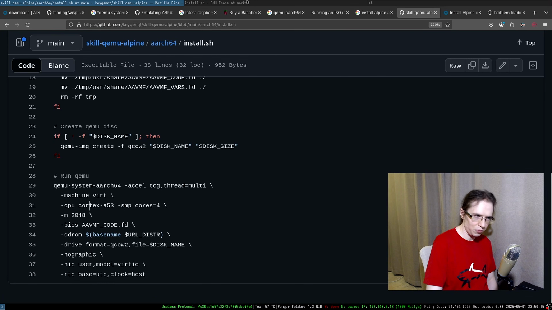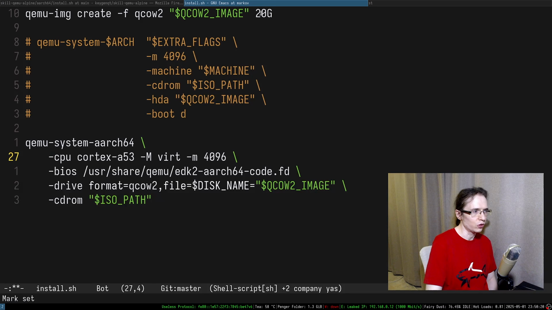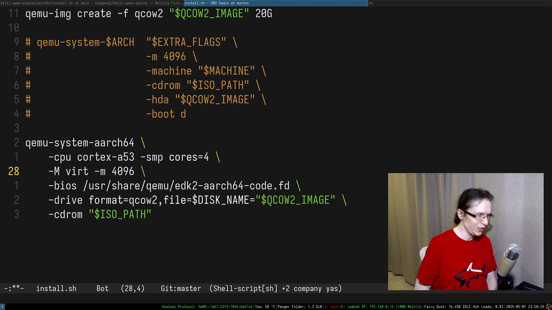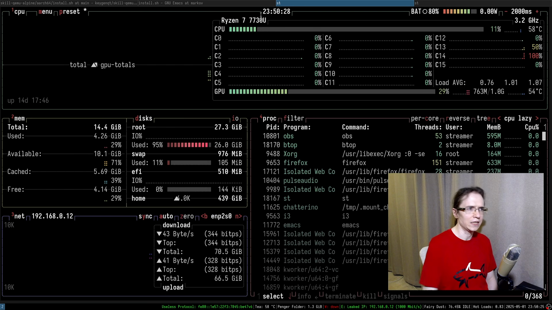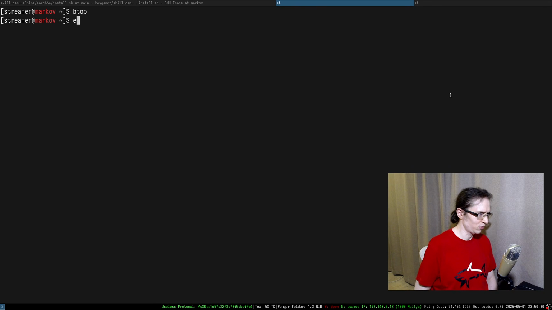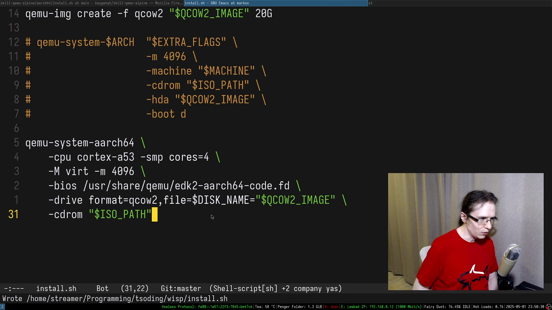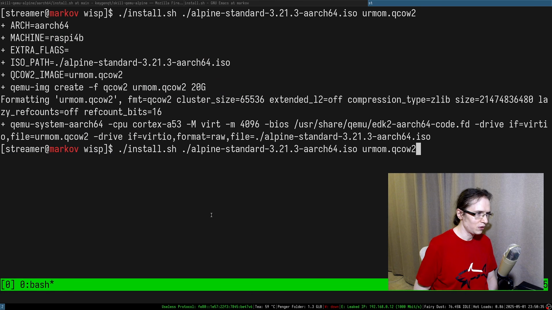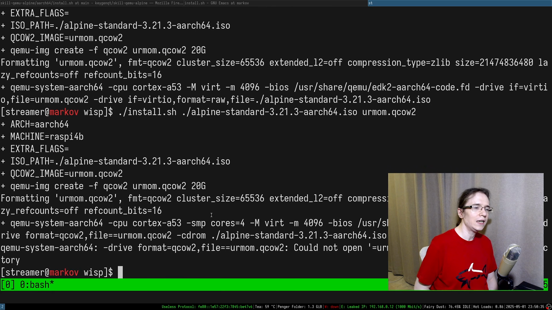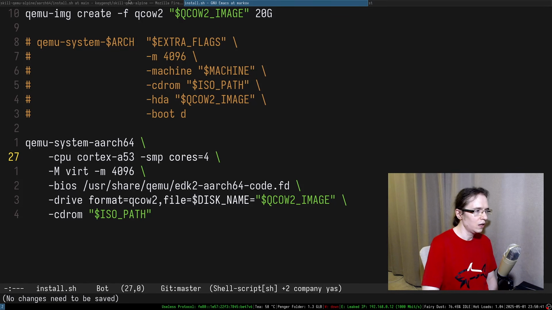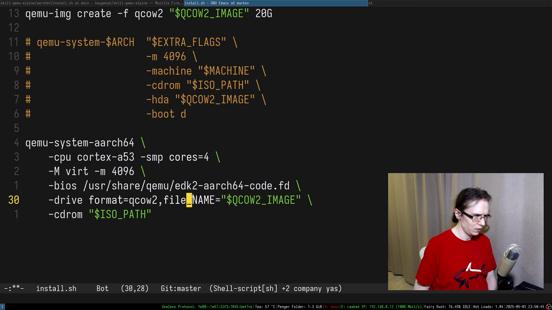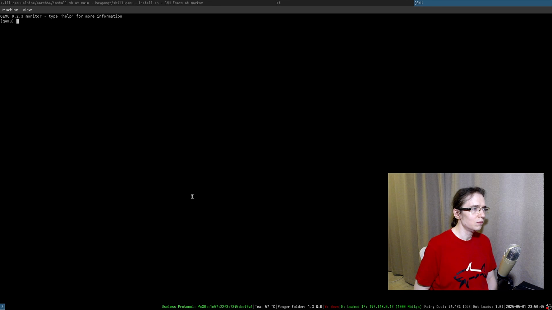So we use the same CPU. Cores, we have a lot of cores. We can actually add a bunch of cores for our CPU because why not? We can afford that because as far as I know, I have 16 cores, right? All right. So let me see. Can I just do that? Okay. Could not open the file. Huh. This one is interesting. I'm an idiot. So I have to do something like that. Boom.